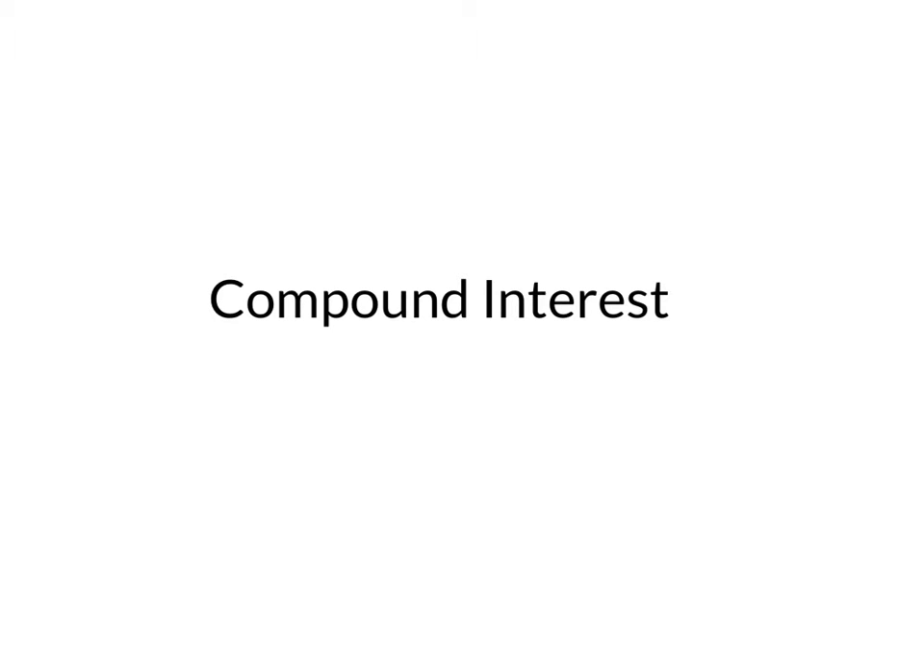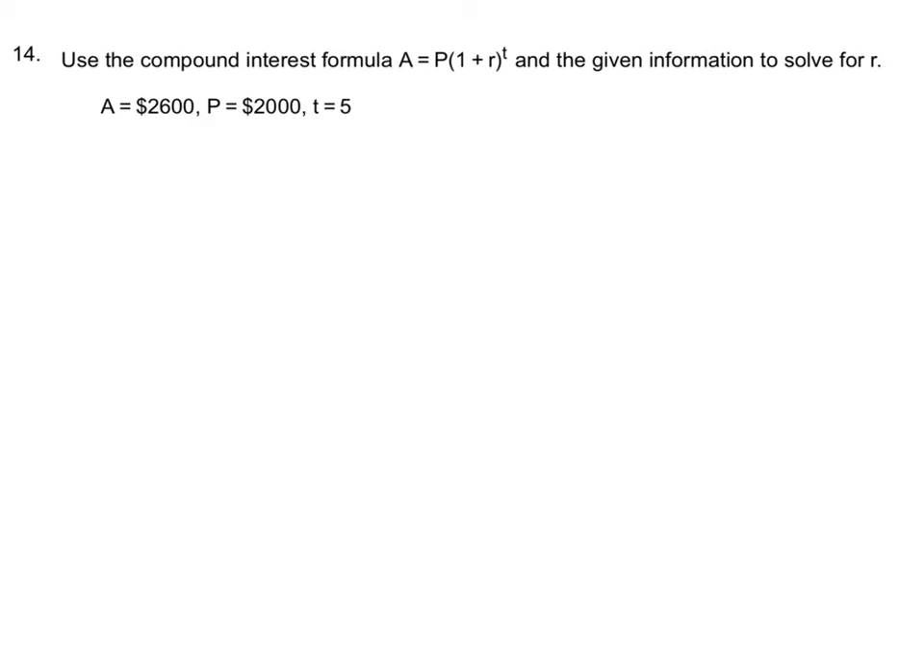Compound interest. Use the compound interest formula A equals P times (1 plus R) to the T and the given information to solve for R. Here I'm given values for A, P, and T, and I want to find R in the compound interest formula. My first step is to substitute the values that are given to me into the formula. So I have